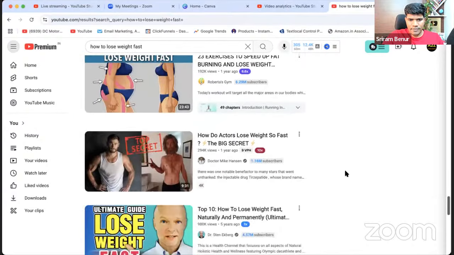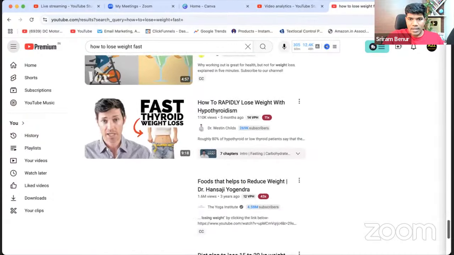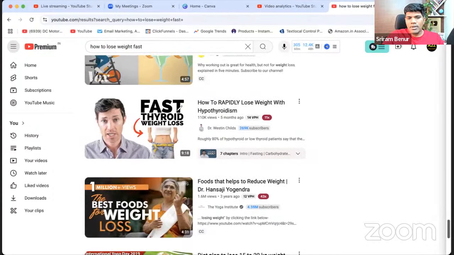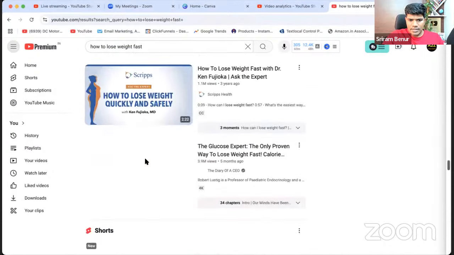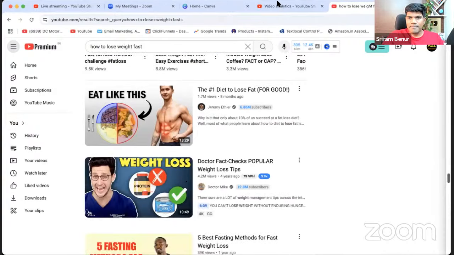See again, see this. Somebody has mentioned top secret, right? Now let's scroll down. This is a brilliant one. Fast thyroid weight loss, an arrow which can grab massive attention, right? That's a brilliant one as well. Next, check this, check this, check this. While I give you all the ideas, and then I am going to tell you how to create a thumbnail. See this, a brilliant one, 4.2 million views, weight loss. This is not something that you should be using. You should be using this, right?